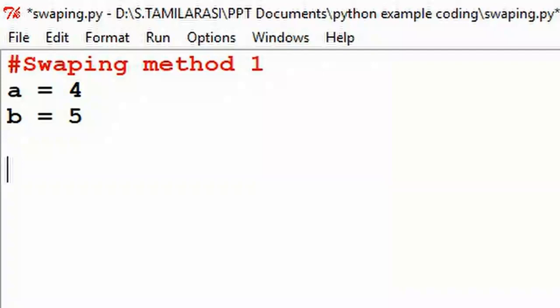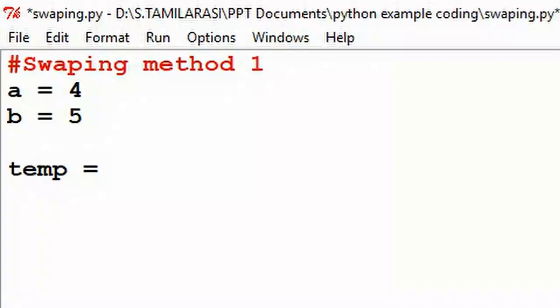Next I am using one more variable, that is temp. Temp means temporary variable. I give this variable the name temp. In this temp variable I save the a variable's value.